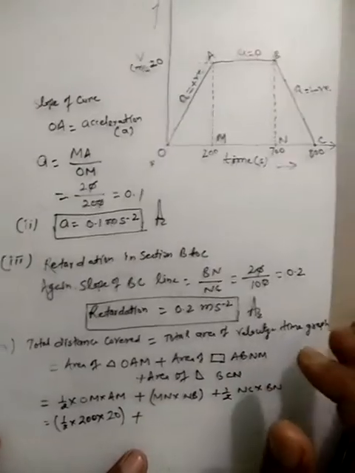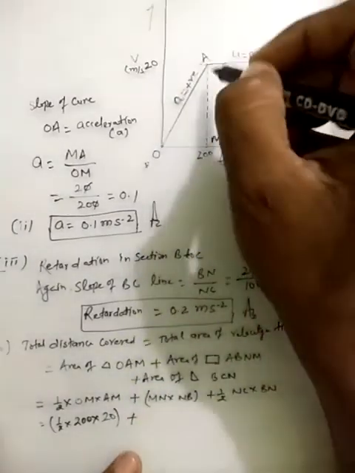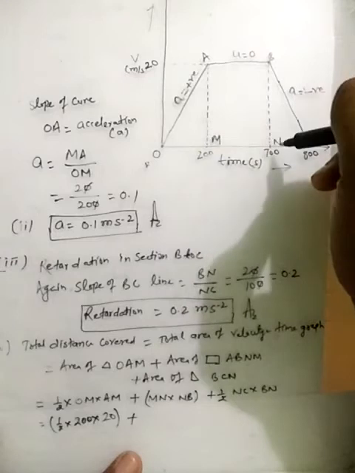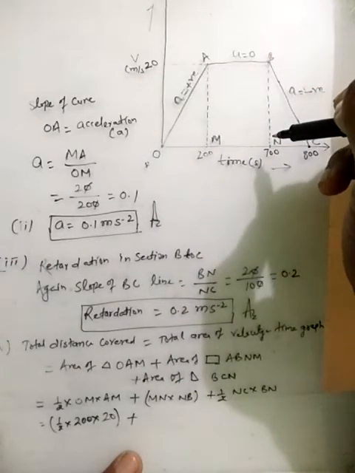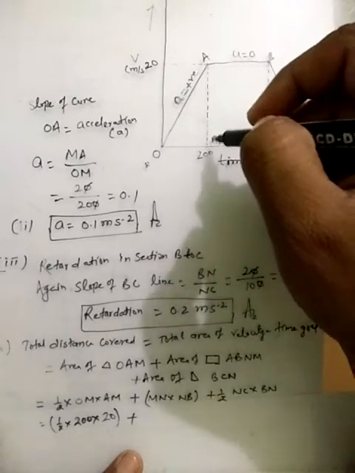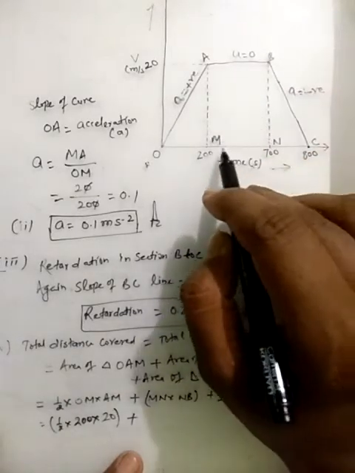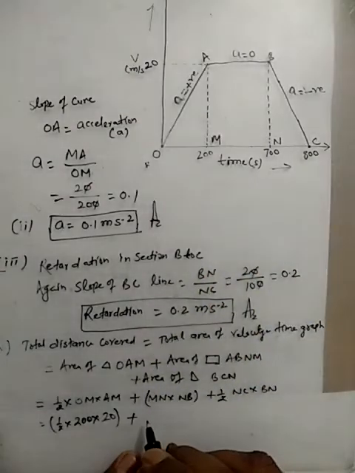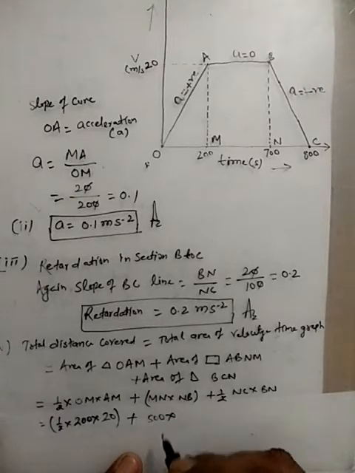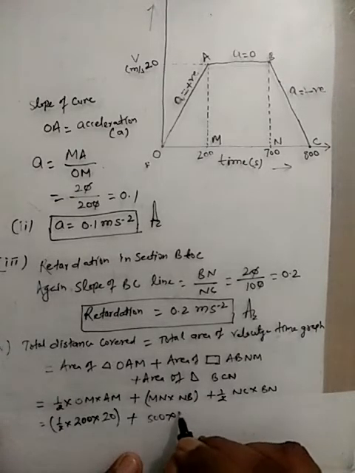area of the rectangle. The rectangle is ABNM, and we know that the area of the rectangle is length into breadth. Here the length is 200 to 700, it means 500. Then MN will be equal to 500 into NB. NB is 20